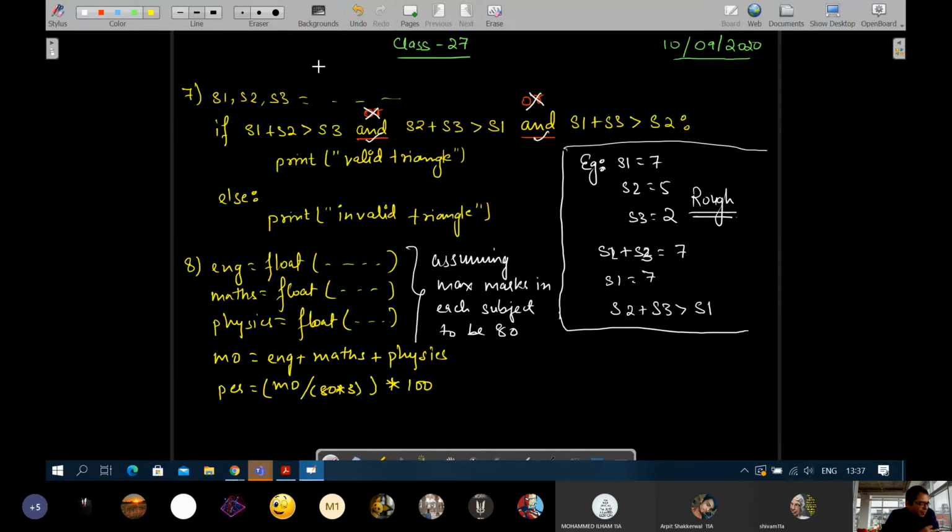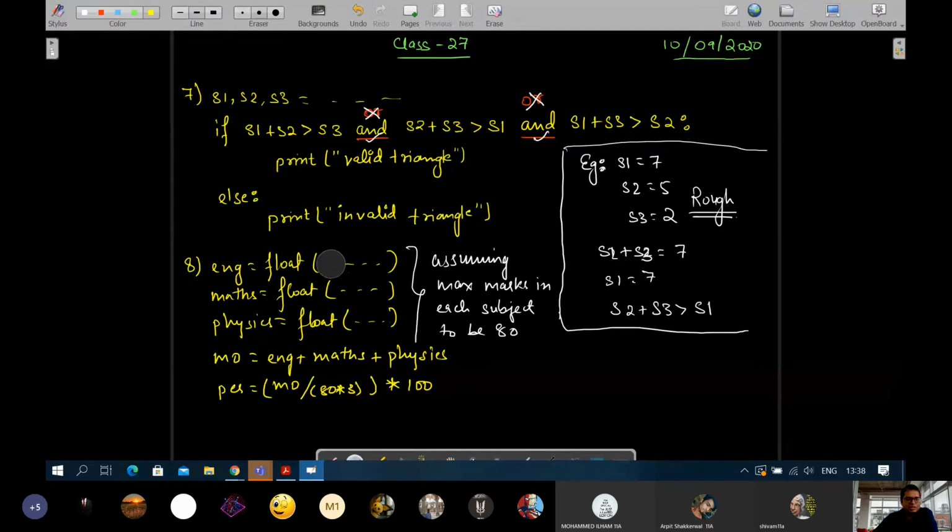Ullas is asking, sir, how do we make the maximum marks as 80? In the prompt of input while asking, you can leave a message. Please enter marks out of 80. Now the thing is, the user should cooperate here. But considering the user will cooperate with you and will only give marks out of 80. So in the prompt you can write, please enter marks out of 80. User can't see comments, but users will be able to see the input prompt.